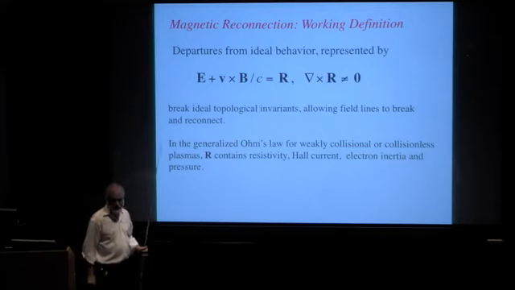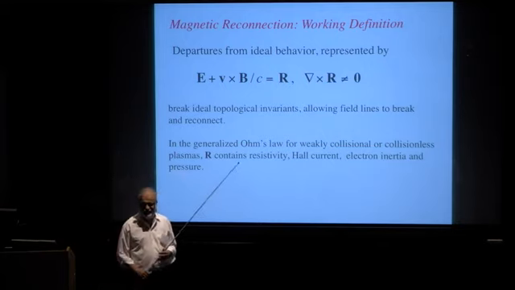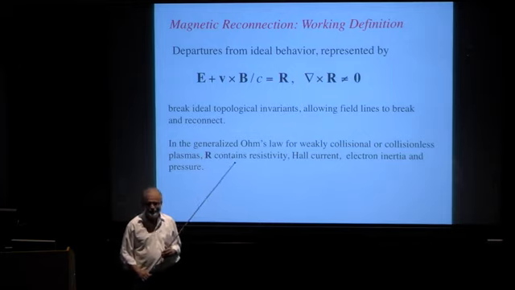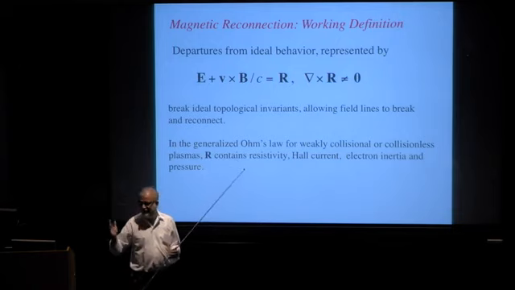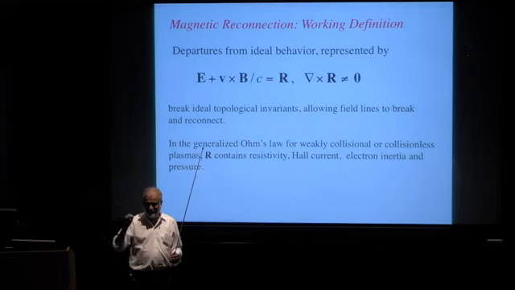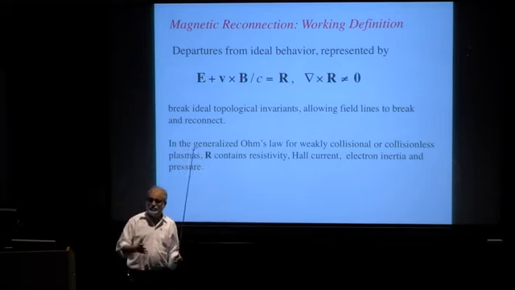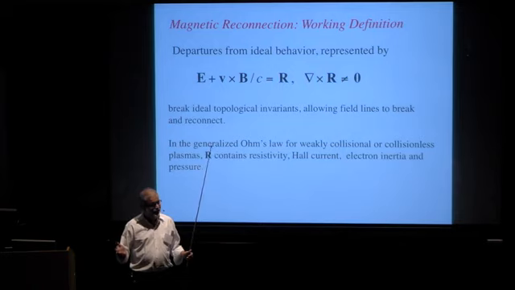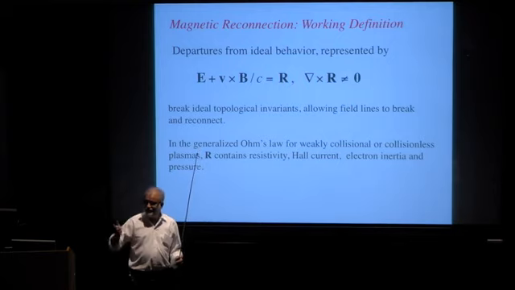Question: if it is just the gradient of scalar pressure, can it break field lines? The answer is no, because the curl of the gradient of pressure is zero. So in fact, sometimes in Ohm's law, you have a correction term, which is gradient of pressure by density. And if you make the assumption that density does not change, then the curl of that term is zero. Even though it is there and can contribute to the electric field, it actually does not break field lines. On the other hand, if the pressure is a tensor, the curl of the divergence of a pressure tensor is not necessarily zero, and that can break field lines.